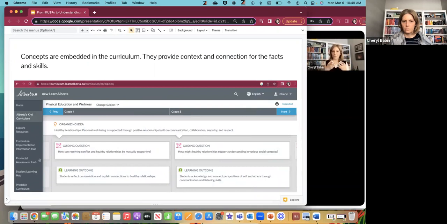And so when we think about pulling some concepts there, we know that relationship is a concept, conflict is a concept, the idea of identity and belonging is a concept, and even the concept of health can be looked at through the lens of causation, cause and effect. So all of these key concepts can really help us to develop an understanding of what the big ideas are for the curriculum. So let's take some of those key concepts and then think about, all right, what would the end look like? What would that end in mind be?